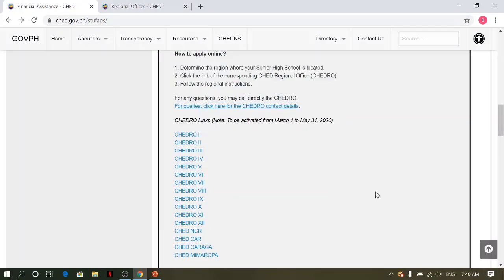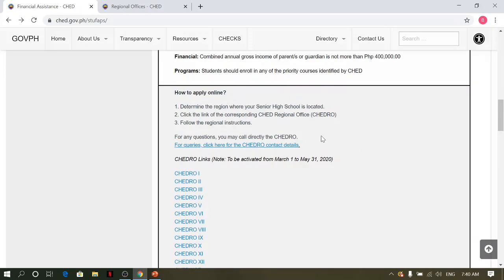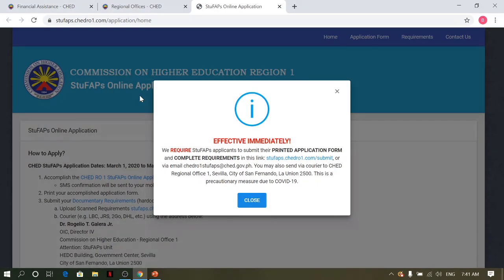So let's go back to the online application procedure. First, determine the region where your high school is located and click the link of the corresponding CHED regional office. You have probably figured that out by calling one of the offices. I'm just going to assume that your high school is located in CHED 1, and let's look at the application procedure there. So I clicked on CHED 1, and it says